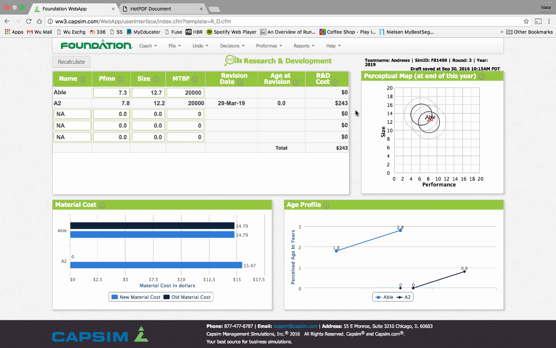The goal of this tutorial is to help you better understand the R&D screen inside of Capsim. Now, R&D is really important because this drives the products for your team. If the R&D for the products is wrong, it really messes up the rest of the company and causes some significant issues. So what I have here is we're going to walk through a hypothetical team's decisions for the next